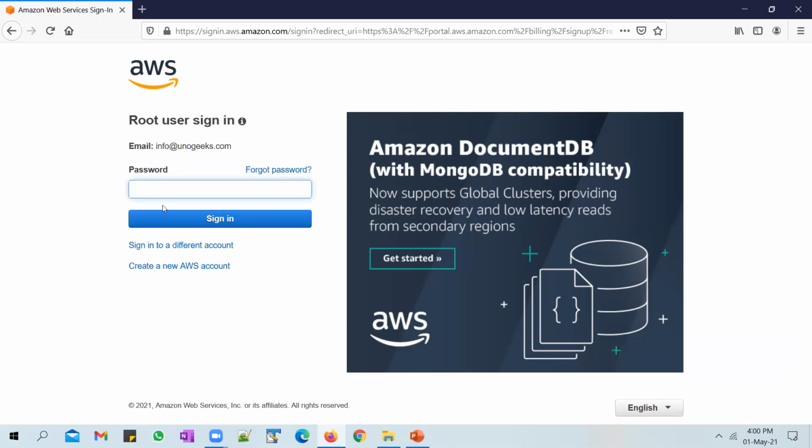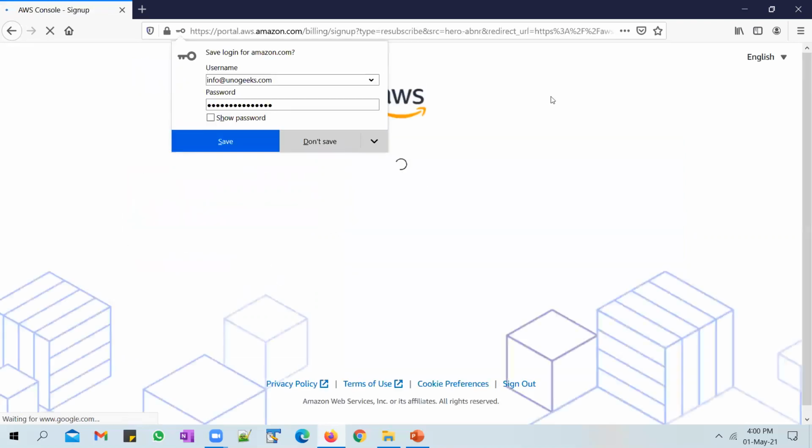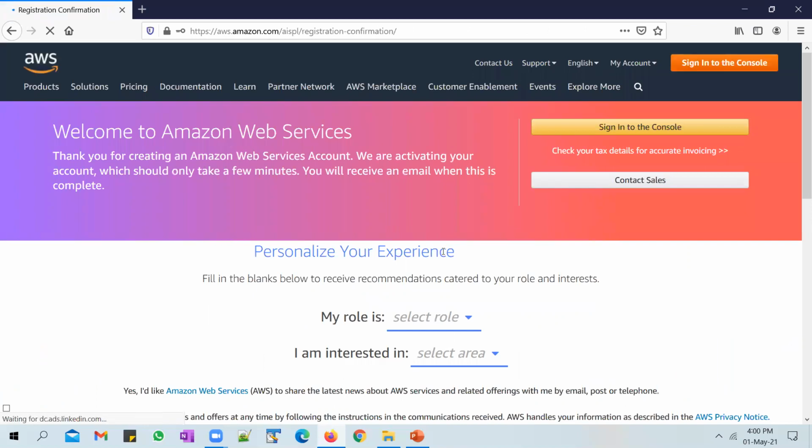Then you enter the password and sign into the console.